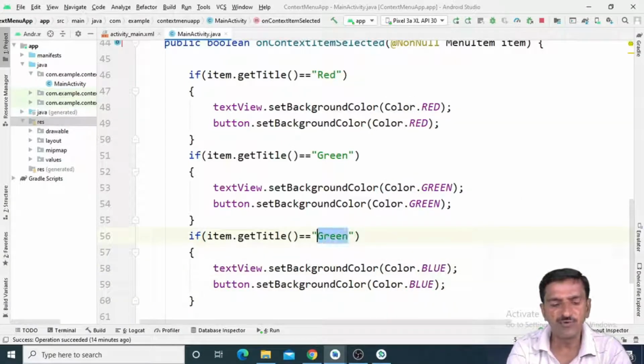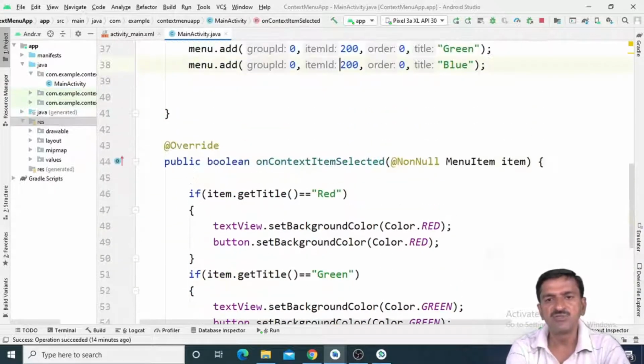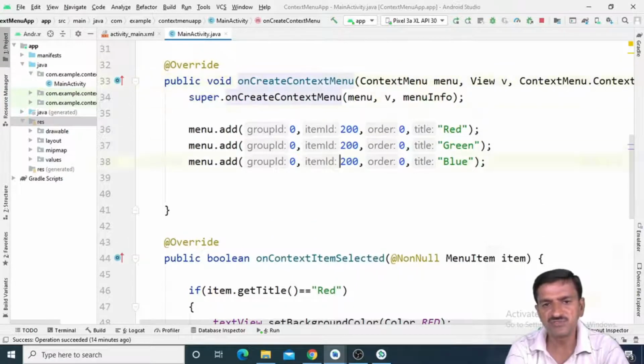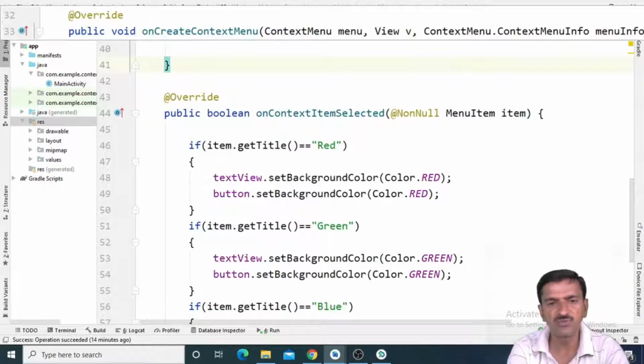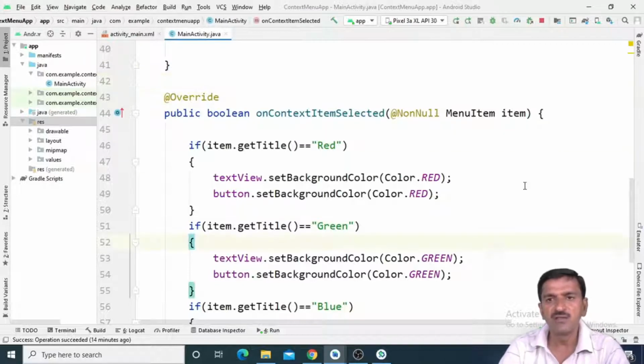We need to check for the blue option that is selected by the user. So in this way, we can check for the option that is selected and we can set the background color to that view. Now we can test for the output.